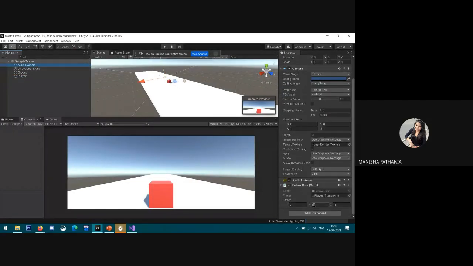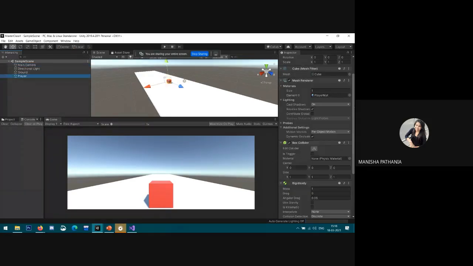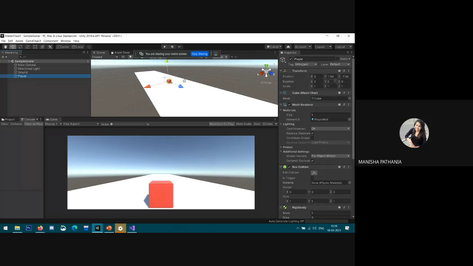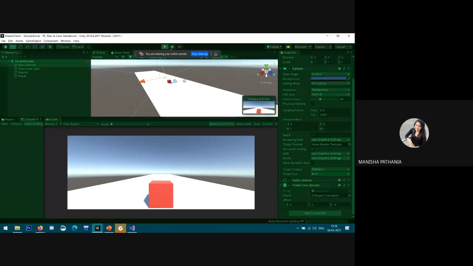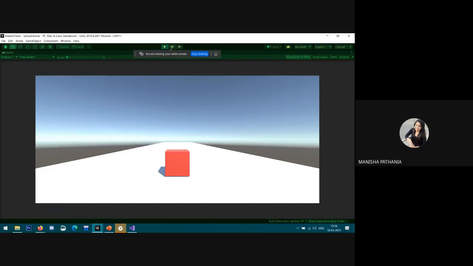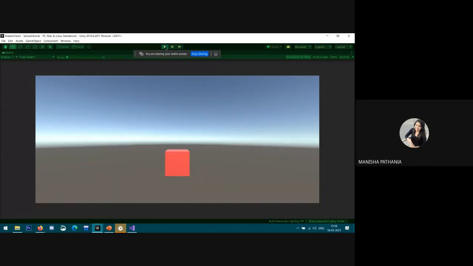Then offset 1, that is in y direction, it will add on to the player's position, that is 1.04. So it will add on to this value. Then in z direction there is a -7.92, so it will add with this -5 in z direction. Now when I click on it, it's fine.